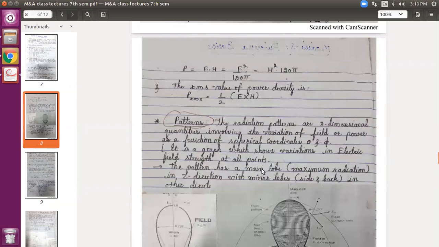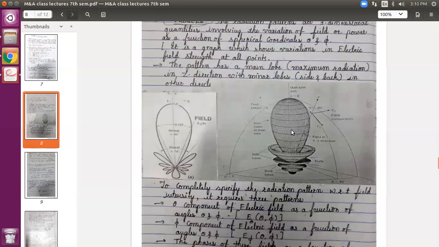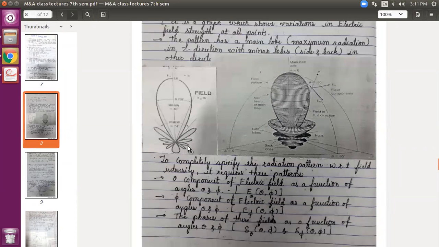Then we came across what we call graph patterns, which will give us the information about the field or the power variation. Okay, and we make use of the spherical coordinate system here, with spherical coordinates theta and phi. This is the figure. This is how any pattern looks, three-dimensional. I cannot draw it on this, so I have just pasted whatever information is given in the textbook. I have taken the pic and pasted it here. This field pattern is a two-dimensional view. If you take a cross section, it looks like this.